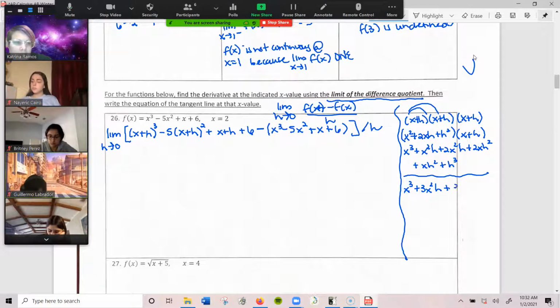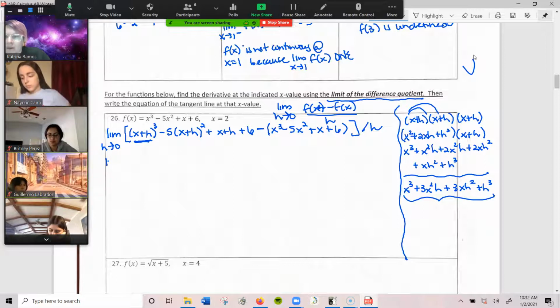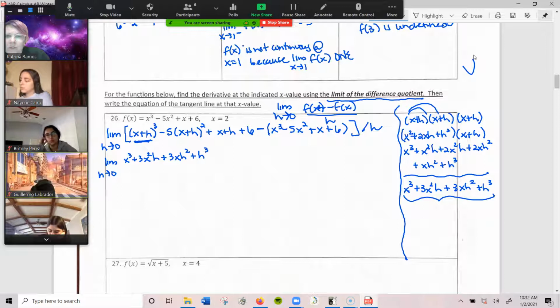plus 3xh squared plus h to the third. This okay? So this is just this part right here. So we have the limit as h is approaching 0 of x to the third plus 3x squared h plus 3xh squared plus h to the third